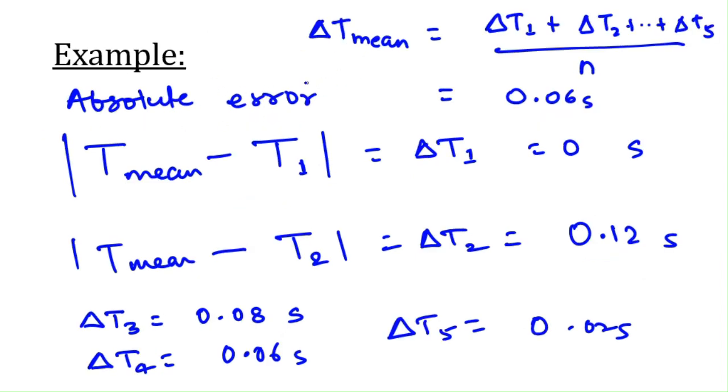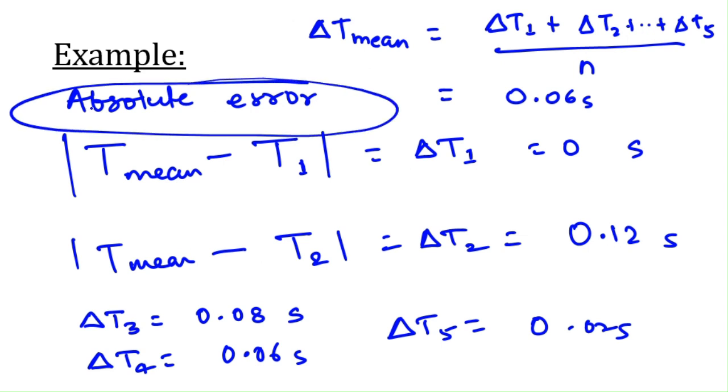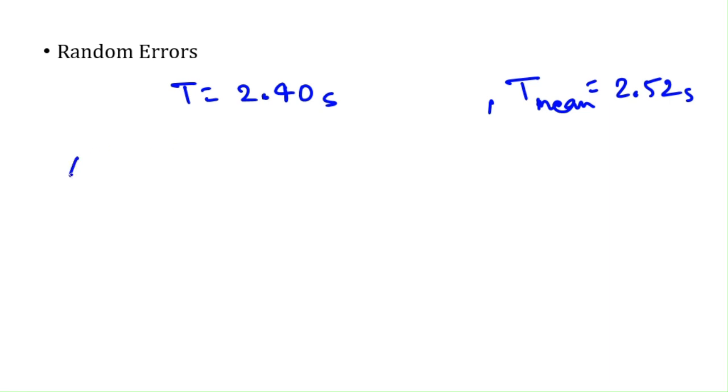After this absolute error, we have relative error also. So what do we mean by relative error? Let me clear it. Let's take a measurement: time period equals 2.40 second, and the mean value or reported value or theoretically obtained value, let's say, is 2.52 second. So absolute error will be delta T, which is T mean minus T,